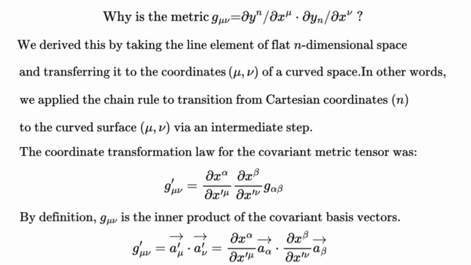Why is the metric g mu nu equals partial yn over partial x mu times partial yn over partial x nu? We derived this by taking the line element of flat n-dimensional space and transferring it to the coordinates mu, nu of a curved space. In other words, we applied the chain rule to transition from Cartesian coordinates, n, to the curved surface mu, nu via an intermediate step. The coordinate transformation law for the covariant metric tensor was